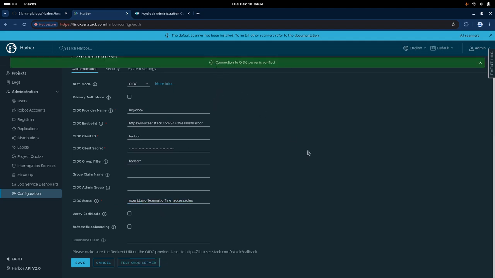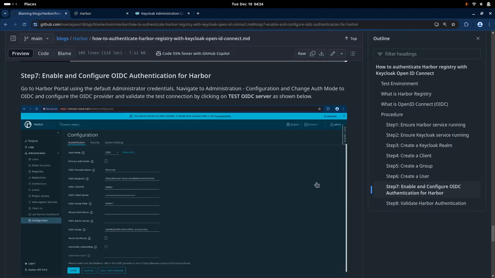Now, if your configuration is correct, it will be able to connect to the OIDC endpoint with the client ID and client secret that you have provided, and the test connection will be successful. So we are good with the configuration. Let us save this. Okay, now we have saved the configuration. So the next step is